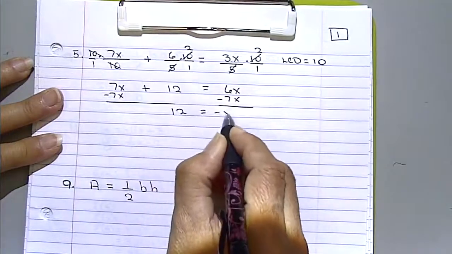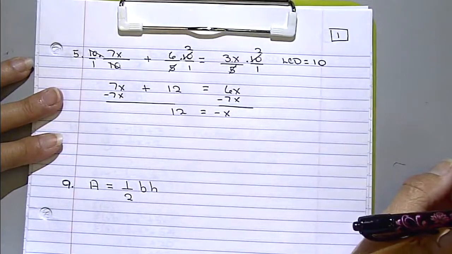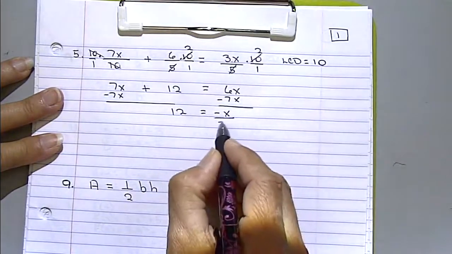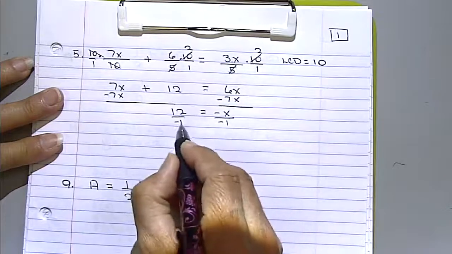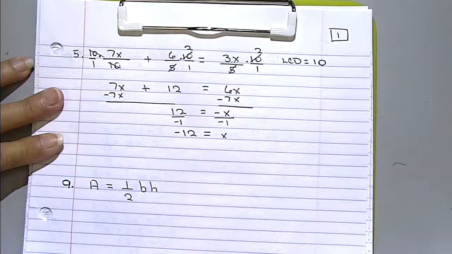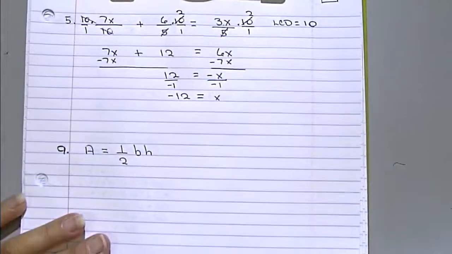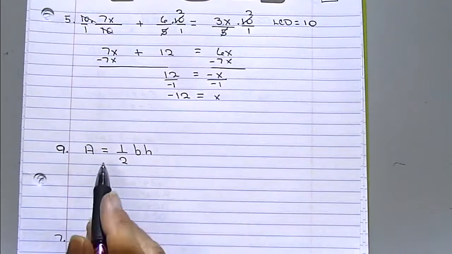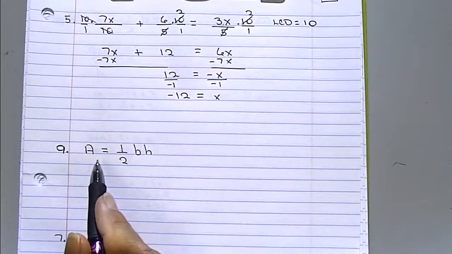I've got a negative x. Don't leave it like that. You have to now say divide by what? Yeah, you can't solve for a negative x. And there's my solution. X is equal to negative 12. Just remember clearing fractions. Now this second problem, which is number 9 on your list, on your page, you might